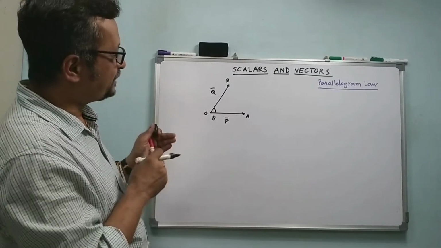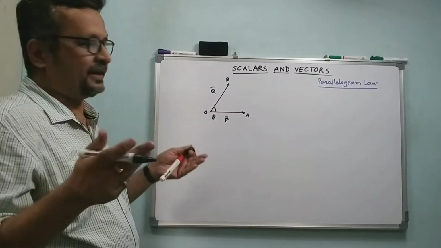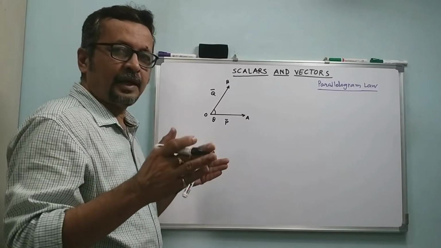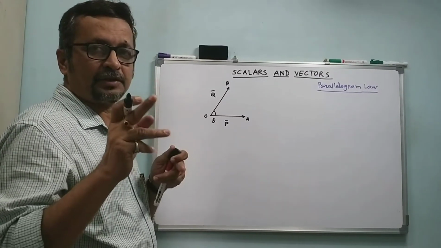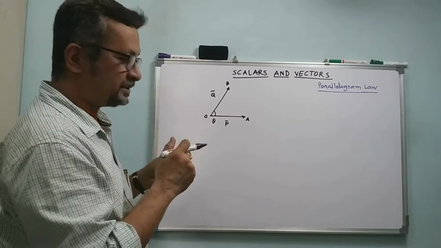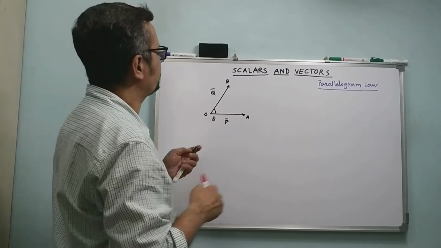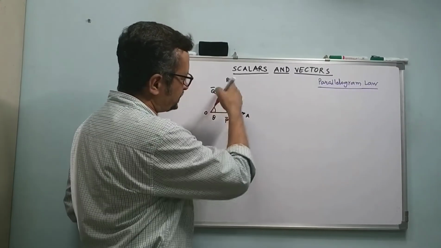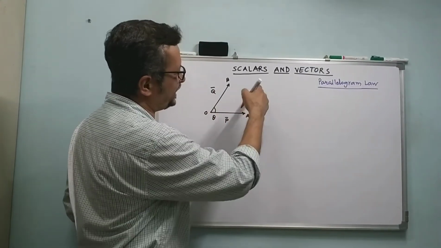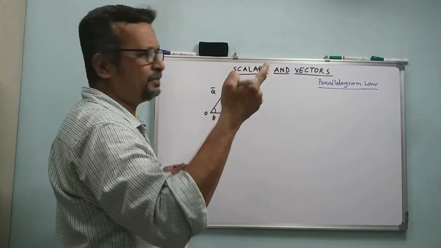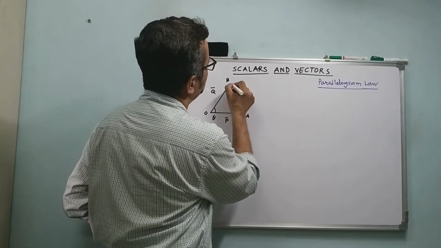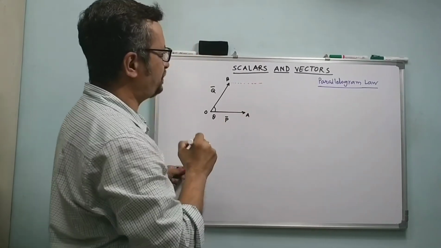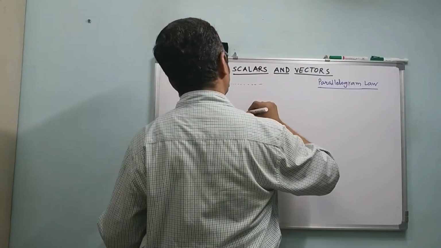Now I'm going to make a statement. I say that just complete the parallelogram and your resultant is going to be along the diagonal of this parallelogram. Let's see how. I'm completing this parallelogram, let's say OACB. I'm going to draw this parallel to my P bar and this